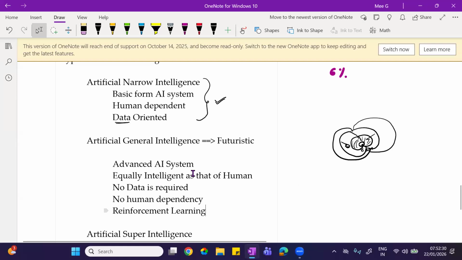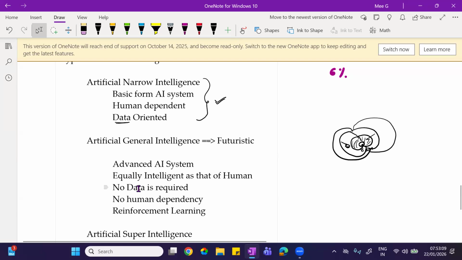Okay, first thing is no data is required. It learns using the reinforcement learning mechanism, where it learns on its own experience. Now, this learning technique is not so matured as of now, but a lot of startups, even OpenAI, Google Gemini, Anthropic, all these very successful companies are putting a lot of funds to explore better algorithms in the field of reinforcement learning.